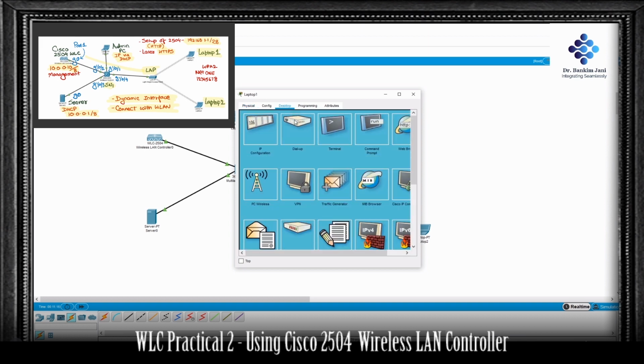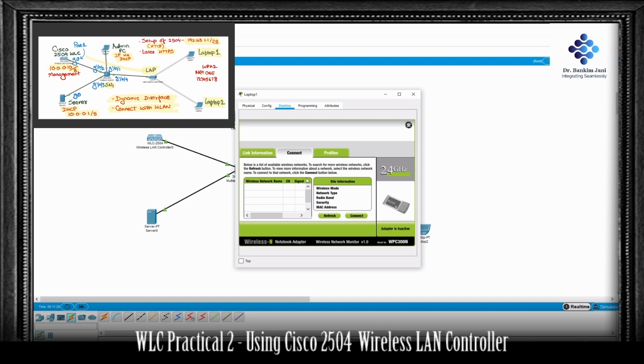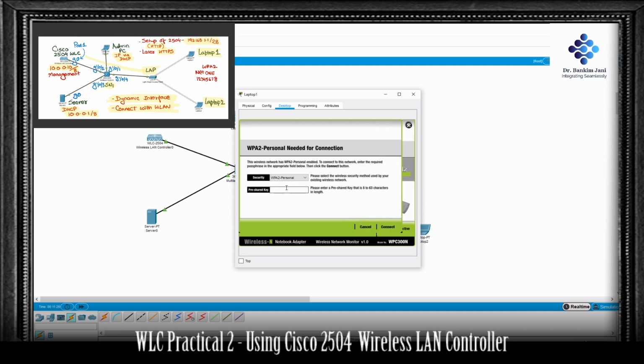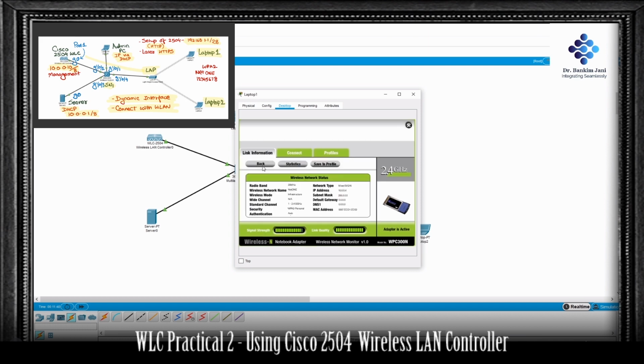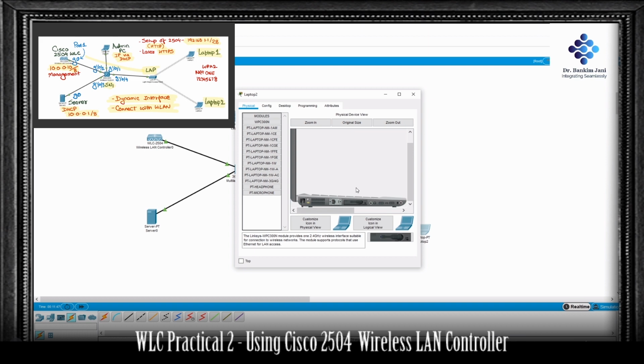and we go to first laptop, desktop, go to PC wireless, connect, refresh, net1, connect. Let's give the pre-shared key 1 2 3 4 5 6 7 8, connect. Link information, more information, so it is getting the IP address 10.0.0.4. Connected. Second laptop,